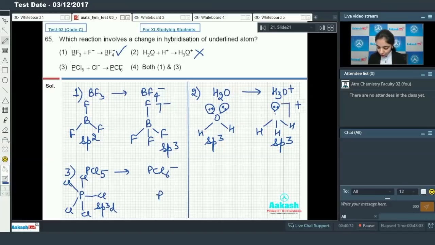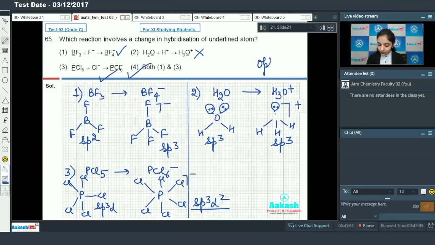And if I draw the structure for PCl6 negative, there are 6 sigma bonds, so the hybridization will be sp3d2. So there is the change in the hybridization in the third case also. So the option number 4 will be the correct answer. So moving on to the next one,